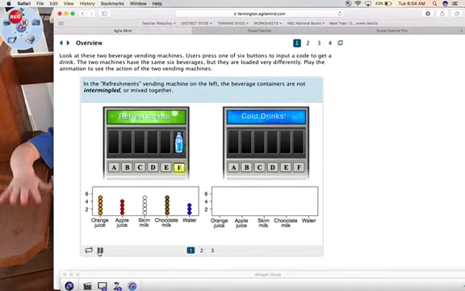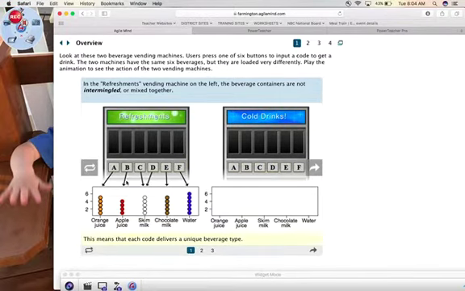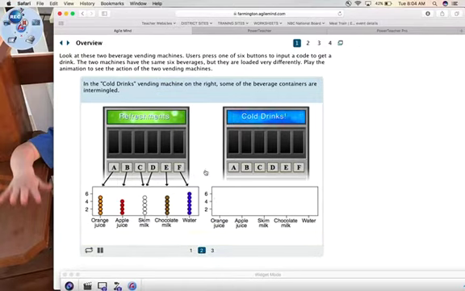So A gave you orange juice. You can look at the arrows. B gave you apple juice. C, skim milk. D, skim milk. E, chocolate milk. F, water. Now this second one is a machine that you would probably not want to go to because one of the